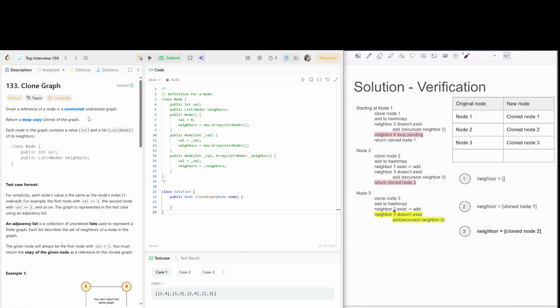Again, from 3, neighbor 2 exists, but 4 didn't, so 2 is added as a neighbor, and then we're recursively calling on neighbor 4. And then when we're looking at node 4, both 1 and 3 exist, so we can add as neighbors, and then we simply return back. So when we return,